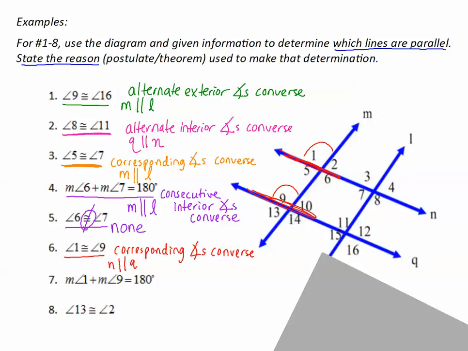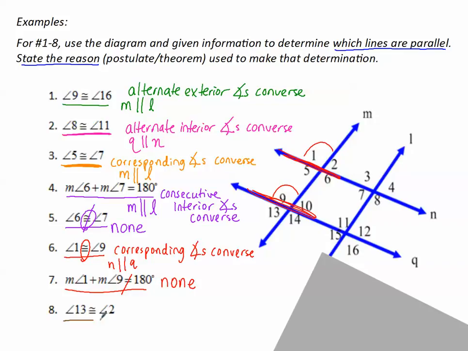How about angle 1 and angle 9 adding up to 180? Well, angle 1 and angle 9 are those corresponding angles. They're not supposed to add up to 180. They're supposed to be congruent. So adding up to 180 doesn't help us. Nothing can possibly be said about parallel lines if they add up to 180. Finally,